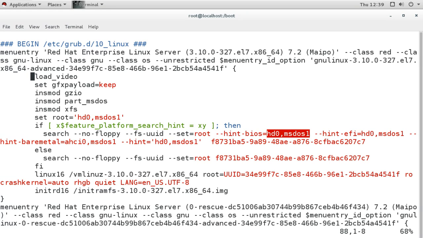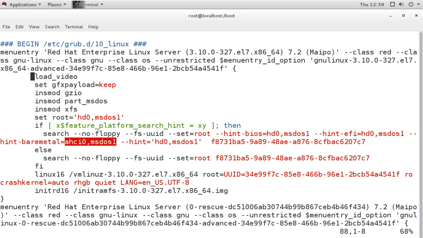So if somebody mistakenly changed this, then it will find it from here. And if it is a normal partition, MBR or EFI, then it will go for this one. And it will go for this bare metal one also, if it is loading from, we can say, the backup.